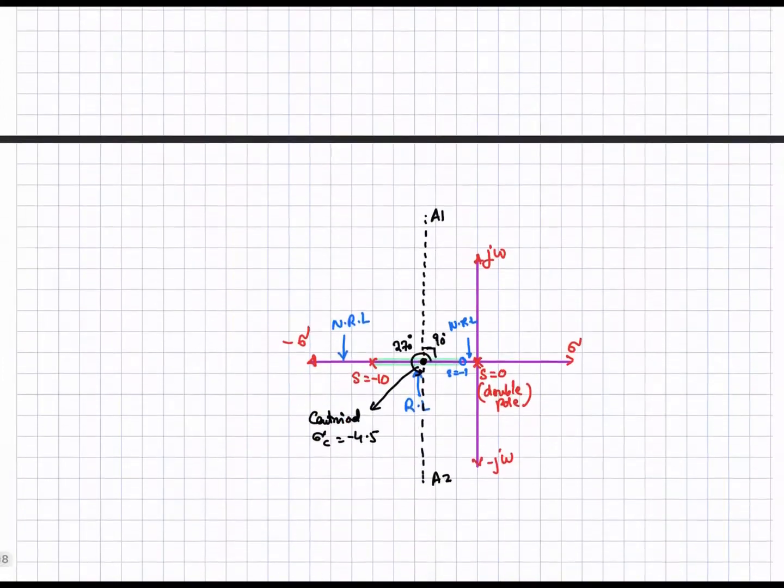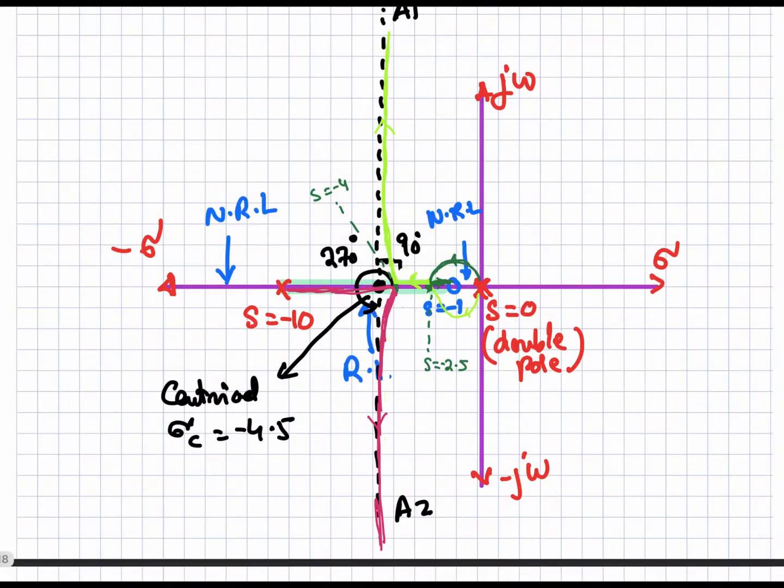So at minus 4 they will be coming out of the real axis. So one pole is coming along the real axis, and then at s equal to minus 4 it will move out of the real axis and will move along the asymptote towards the zero, which is sitting at infinity. And similarly this pole, which will travel along this real axis, will come out at this point and move toward infinity.